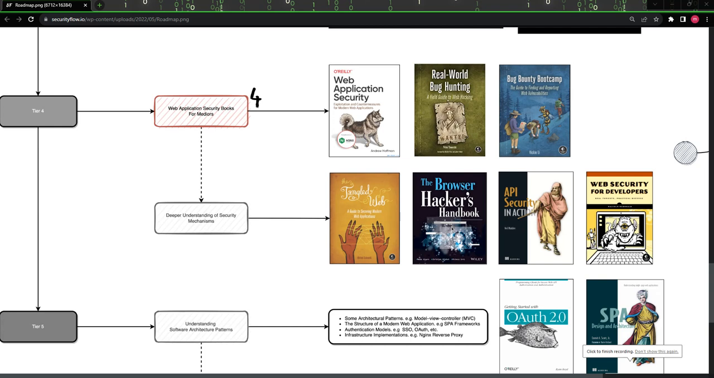Okay, Tier 4. If you want to expand your skills and improve your expertise even more, then you should start reading high quality books on this topic and expand your methodology with those. Web application security books for mid-years. We highly suggest you start with Web Application Security, which explains